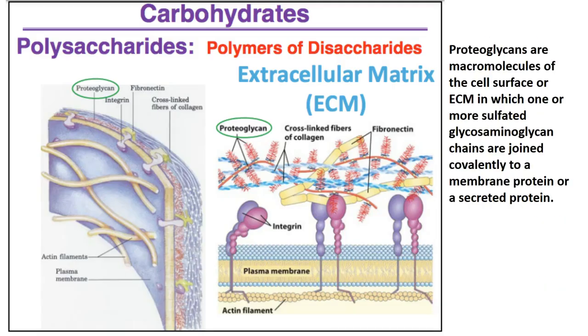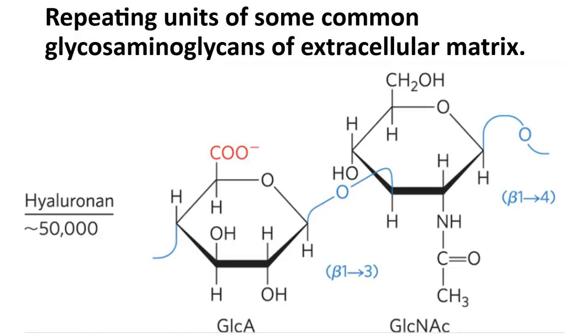And so as far as the heteropolysaccharides, you have proteoglycans, which are macromolecules of the cell surface of this extracellular matrix, in which one or more sulfonated glycosaminoglycan chains are joined covalently to a membrane protein or a secreted protein. And so here is an example of one of those glycosaminoglycans, where it has a glucose ring,